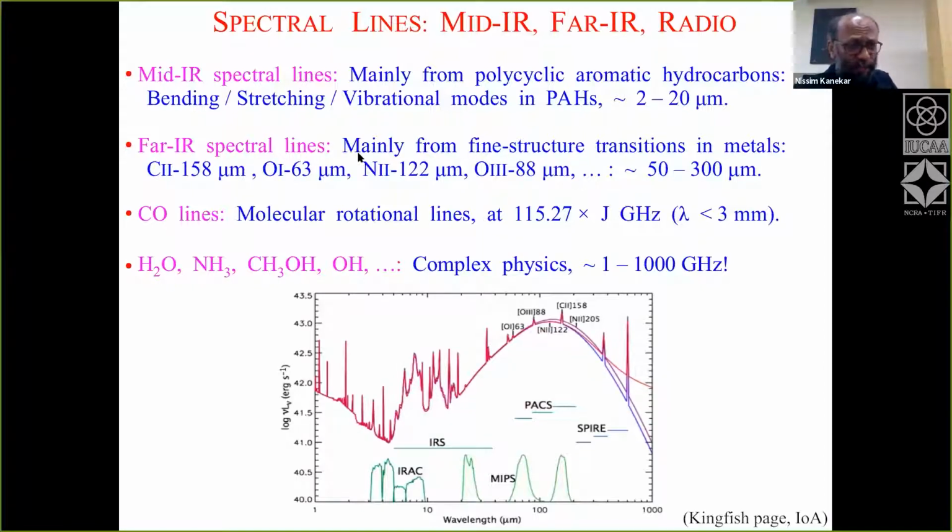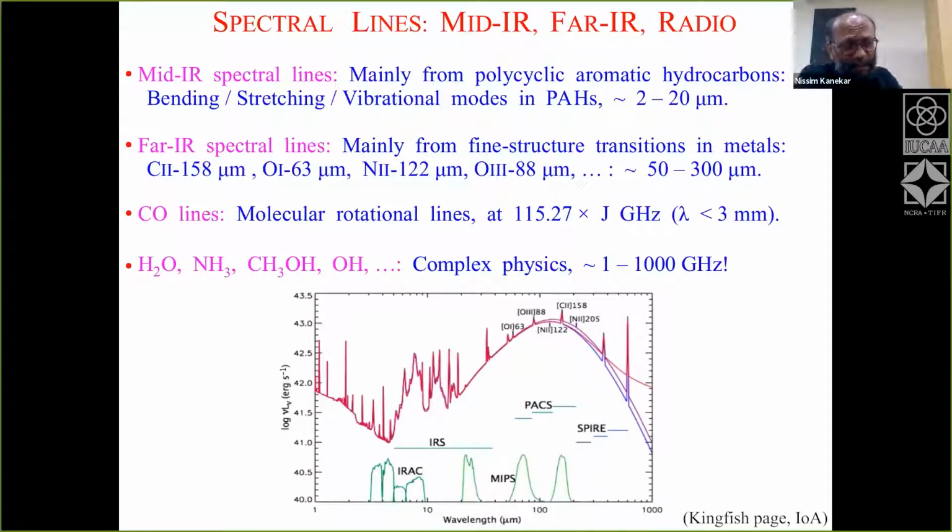In addition to the far infrared spectral lines, as you go further towards the radio to longer wavelengths, you wind up with strong molecular lines. And these are rotational lines. The bulk of the strongest of the molecular lines are molecular rotational lines. The most important of these lines are from the carbon monoxide molecule. Most of us don't much care for carbon monoxide on the planet, given that it's a very nasty species. But